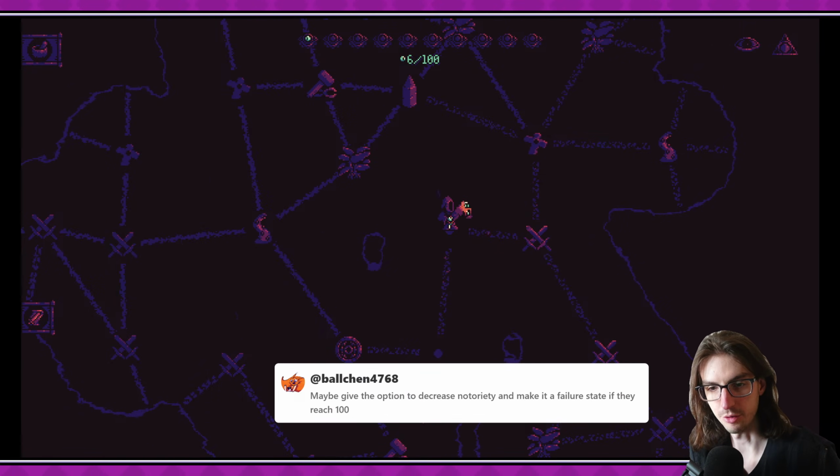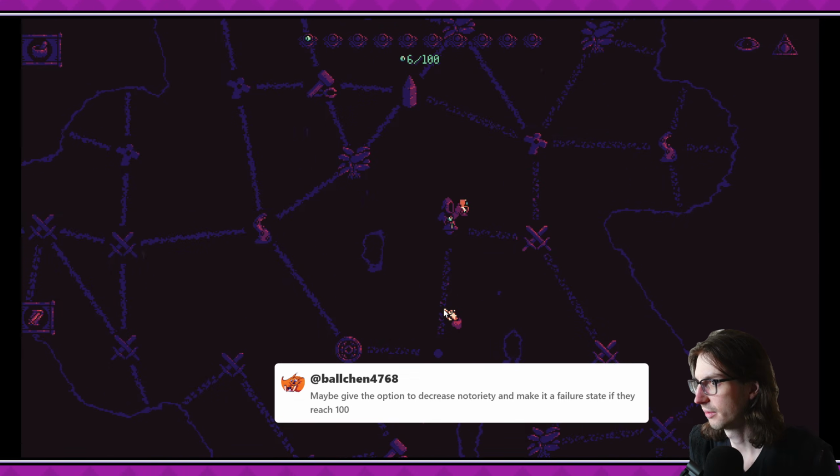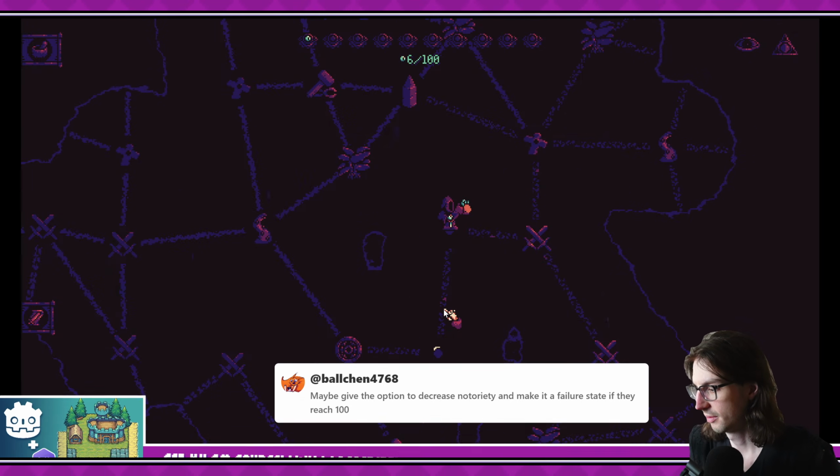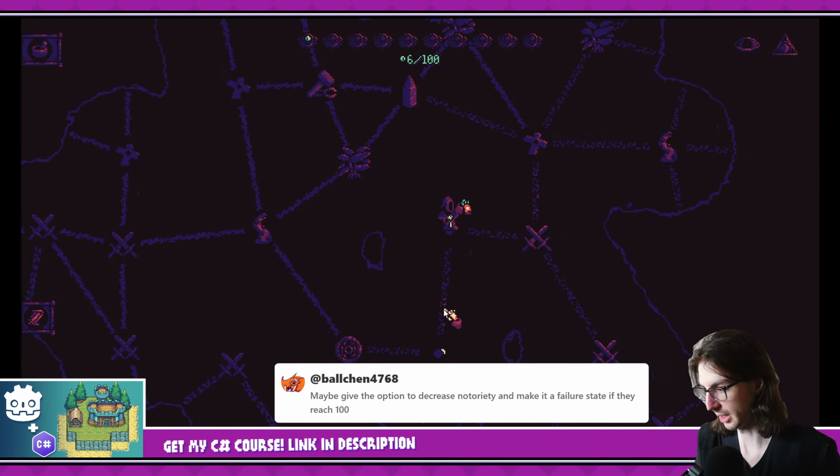Maybe give the option to decrease notoriety and make the failure state if they reach 100. Could that work? Failure state if you reach 100. Would that feel bad if you hit 100 and then the game just immediately...